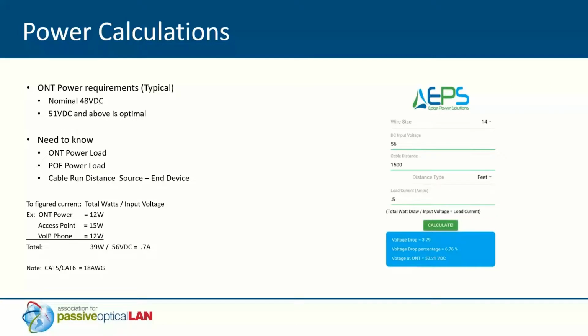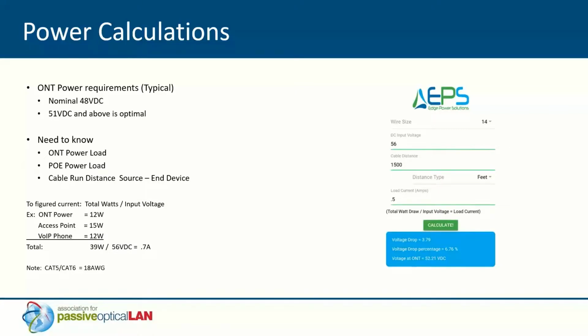But what I want you to see in that particular example, at a half an amp at 1,500 feet on a 14 gauge cable, we're still at 52.21 volts DC. So that's within that 51 volts DC that we recommend. But the important part is we see across the gamut of starting voltages. Some people have 48 volt DC power supplies and it goes up to 60. That starting voltage matters, and as you see in the example, as that starting voltage goes down, the current would go up. So that would decrease the distance that you can go and stay within the requirements.